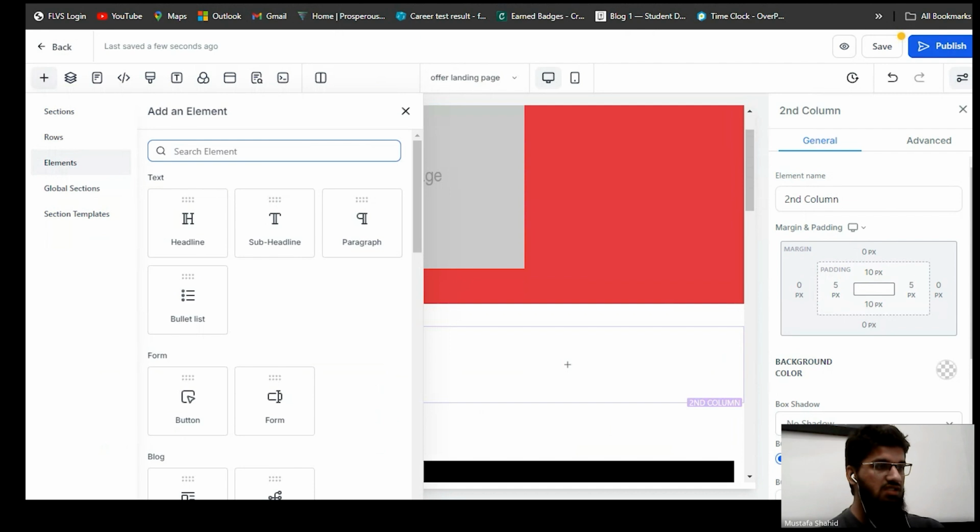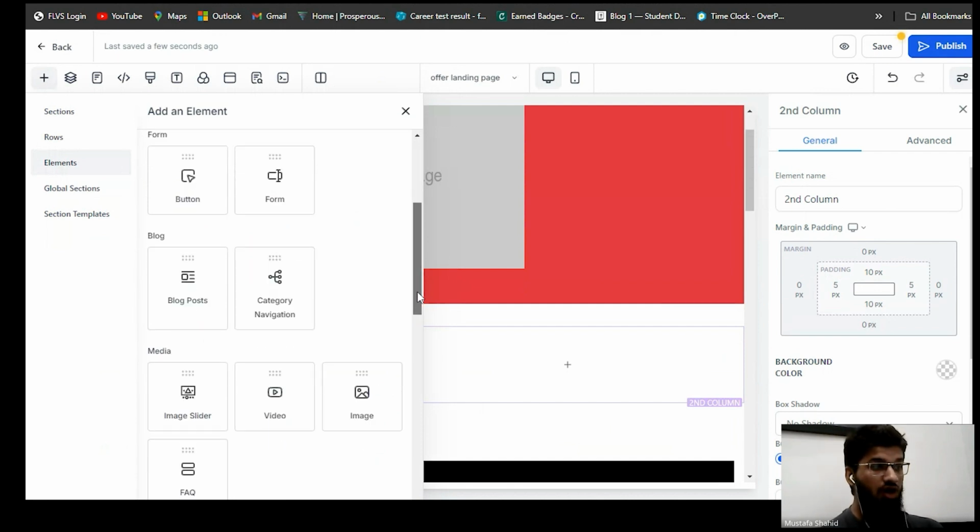So on the left-hand side, you have the text options, which contains a headline, a bold, big headline regarding your offer, a sub-headline, just to explain it, or maybe just give them the little nudge, the little push in order to do what you want them to do. You can have a bullet list of why they should do what you want them to do, or a paragraph of explaining that particular product or the service. If you go a little bit down,